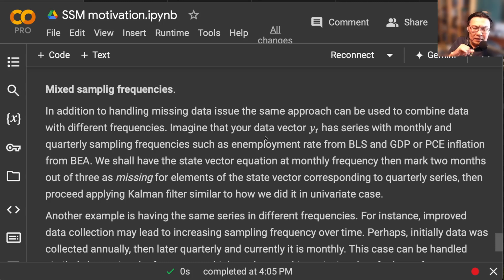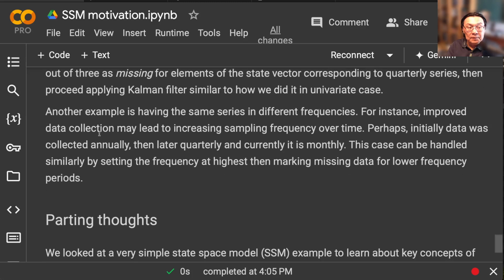So that way, the higher frequency data will be the frequency of your entire data set, and the lower frequency data will have missing data. But then, applying a similar approach, you will be able to easily overcome this problem. So you can have data at different frequencies of sampling. Another thing that can happen is